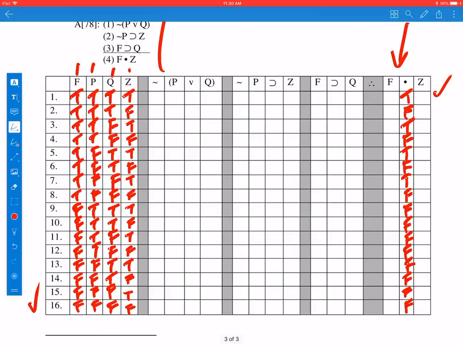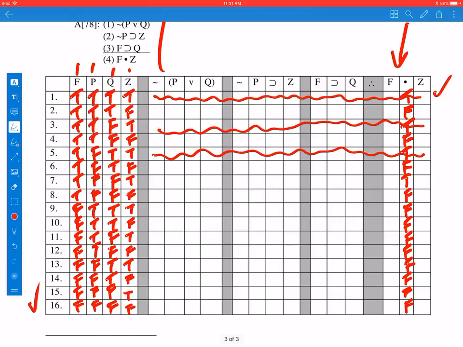Now remember, we're looking for a case for true premises, false conclusion, which means we can eliminate the cases where the conclusion ends up true. Unfortunately, there's not many of them. Line 1 was true, line 3 was true, line 5 was true, line 7 was true, and then, gosh darn it, all the rest were false. So let's calculate the remaining